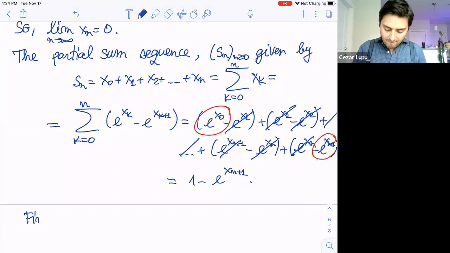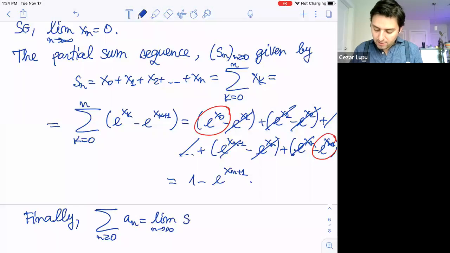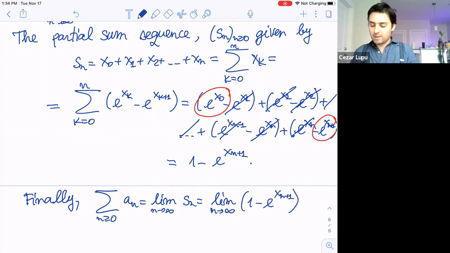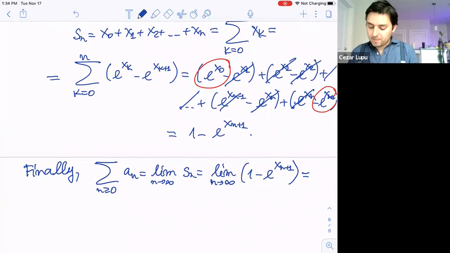Finally, the sum of this series of an is nothing else than just the limit of the partial sums by the definition, which will be the limit as n approaches infinity of 1 minus e to the power xn plus 1. But we know that the limit, you see now the limit is 0, and we have to prove this. So it will be